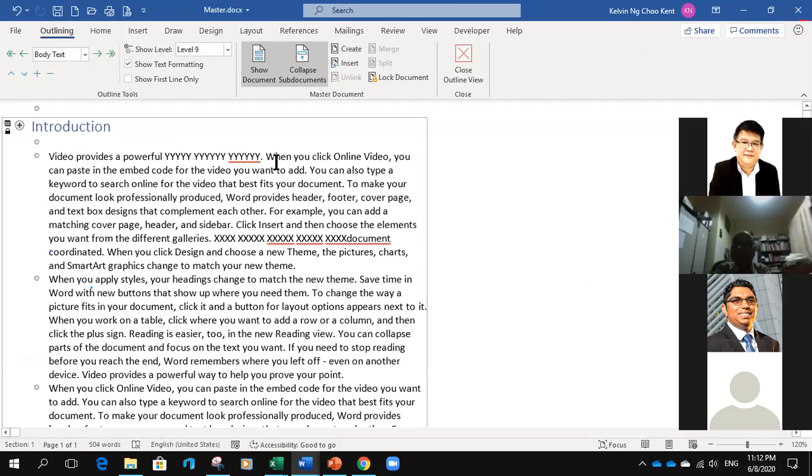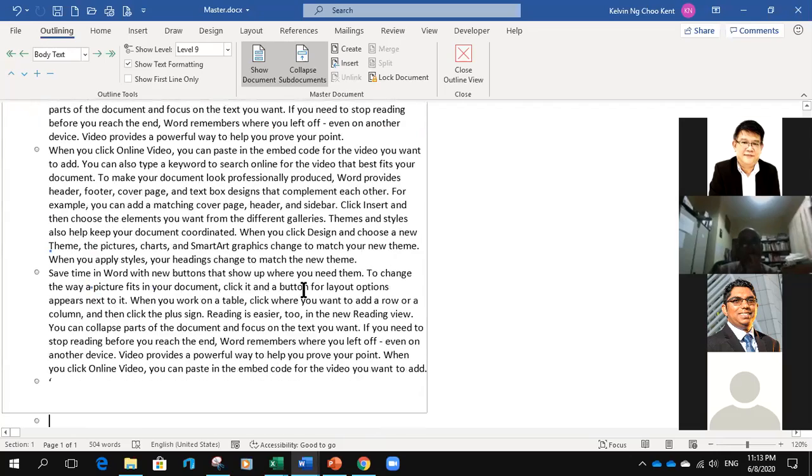So for those of you who like to do this kind of collaboration on your work, this is something you can do. What you can work on is put the file not on your desktop, but into your OneDrive or your Google Drive, where they can open the file from there and edit it. Once they edit the file, they save it back to the same location. Then when you open up the master document, it has been corrected, right? That's how fast it can be done.